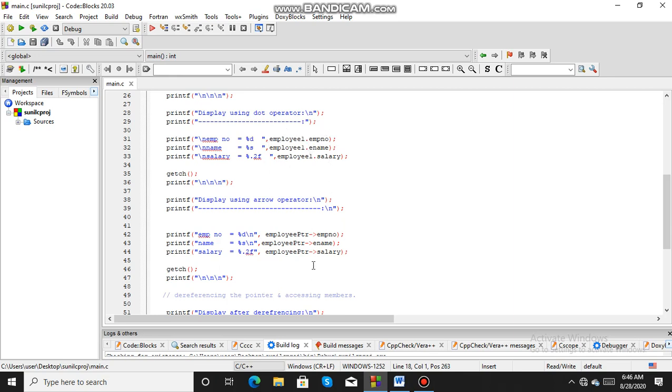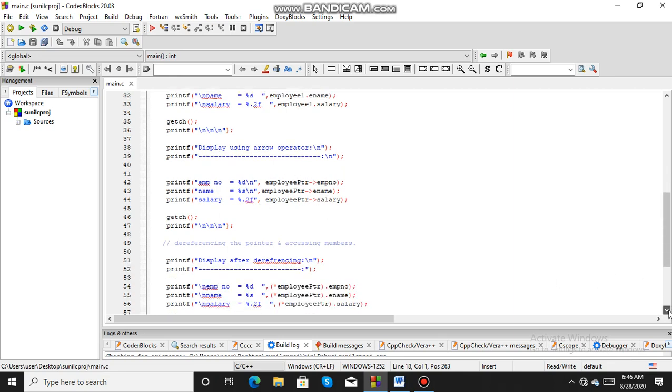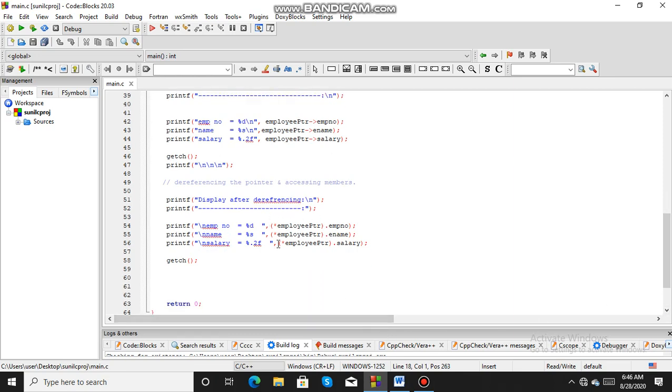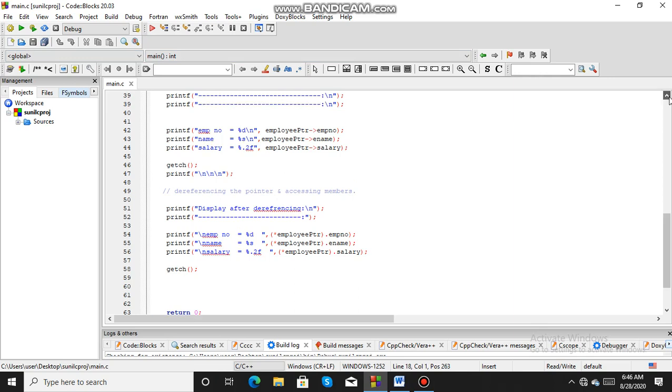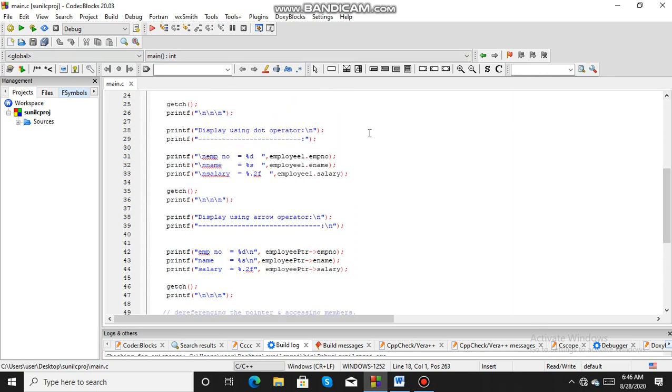Here you are accessing the members through the pointer variable using the arrow operator, and here you are dereferencing it and displaying it. All three methods will give you the same result.